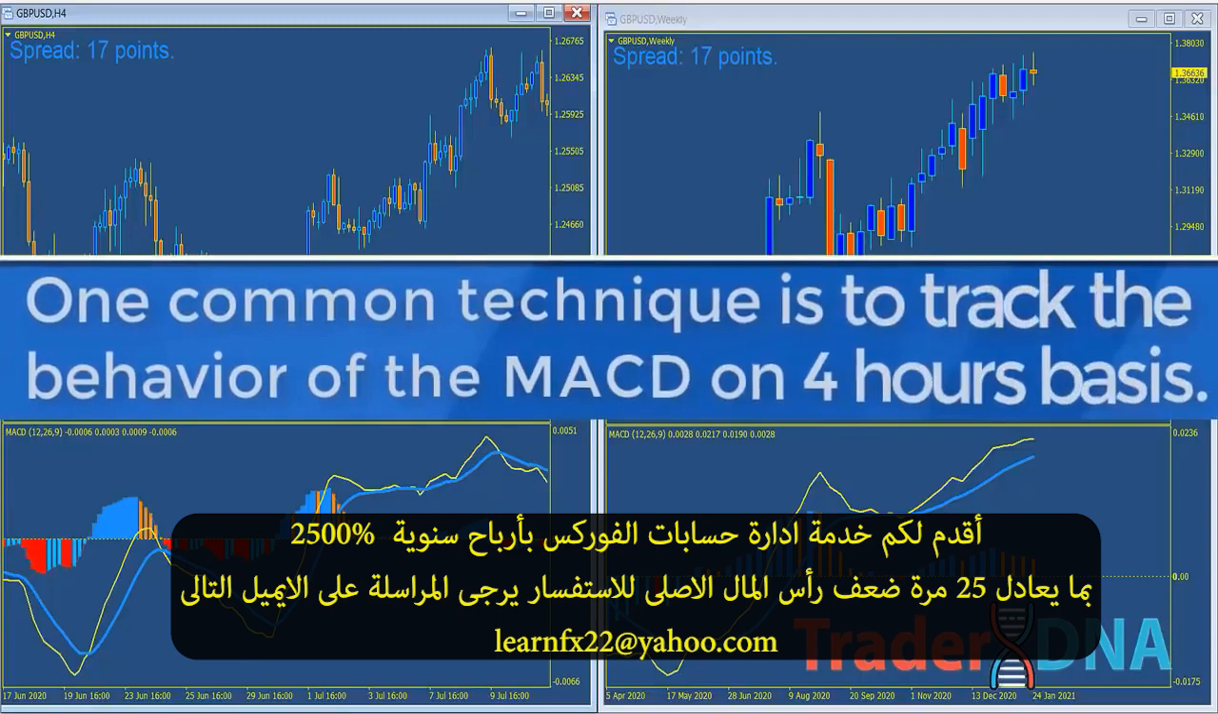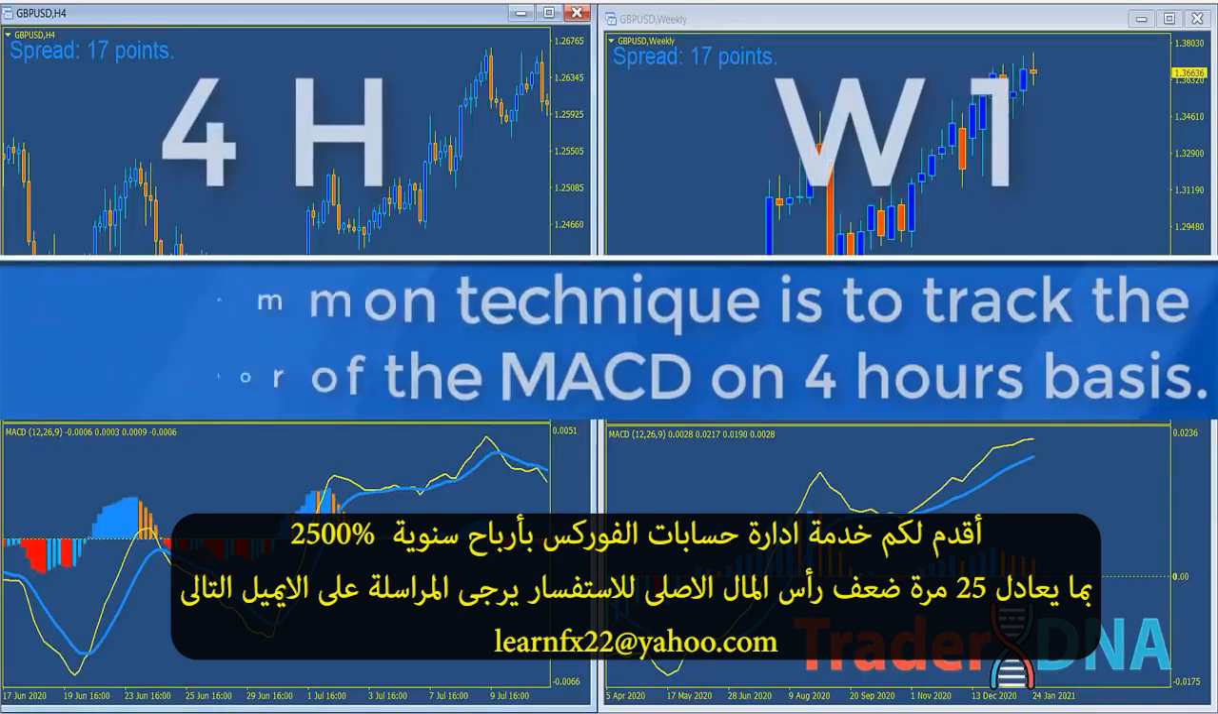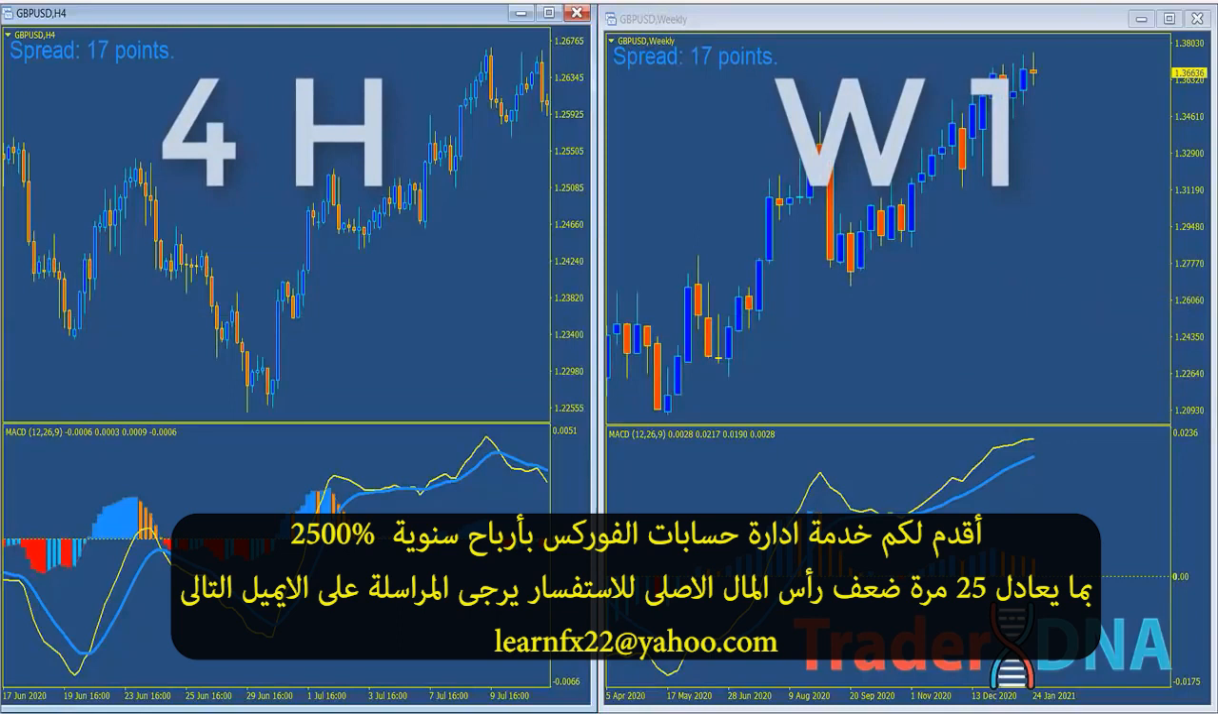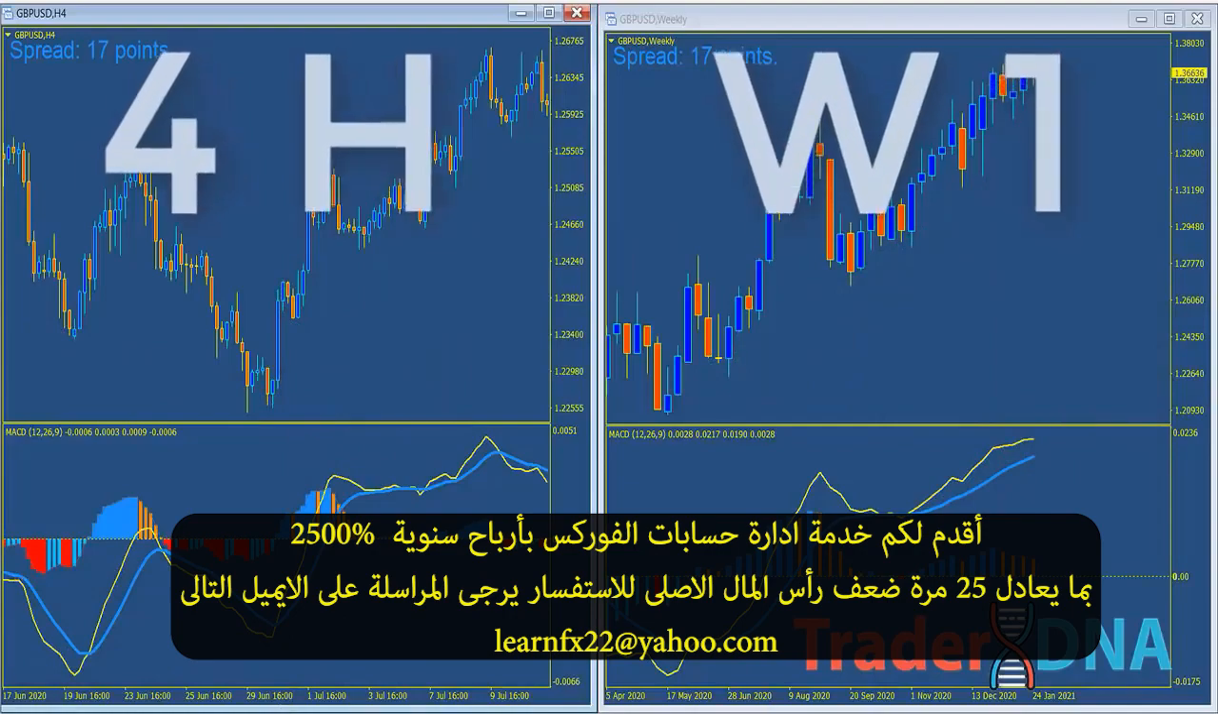One common technique is to track the behavior of the MACD on a 4-hour basis. However, instead of entering or exiting a trade based on a 4-hour signal, you could refer to the weekly chart to see where the MACD is. For example, if you receive a buy signal from the 4-hour MACD and you see that on the weekly chart the MACD is in a bullish condition, you may wish to enter a long position. However, if the weekly MACD is in an overbought condition, you will probably want to ignore the buy signal from